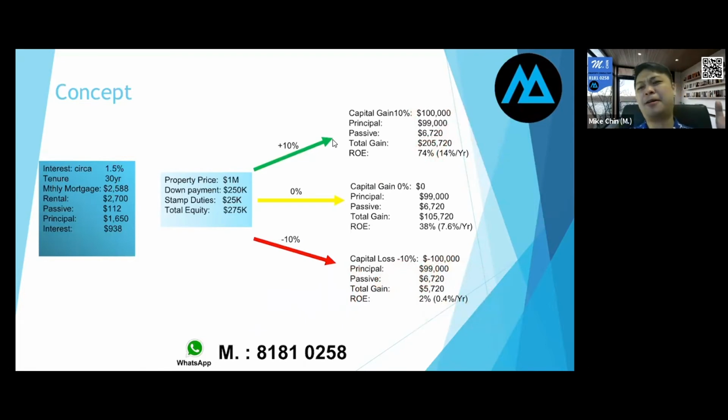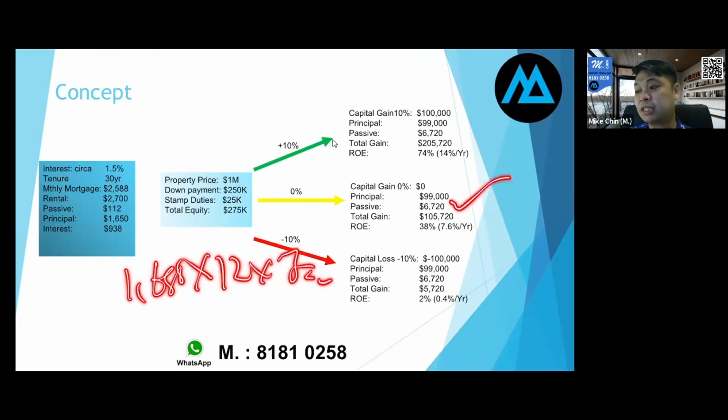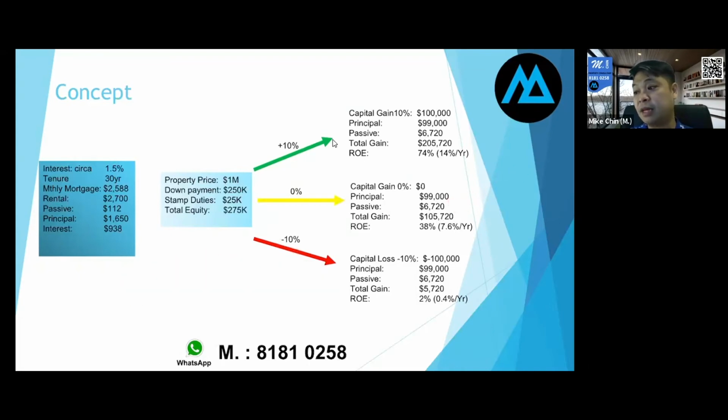Okay, let's say, wow, property doesn't move. The price doesn't move at all. Jialat. Let's say it doesn't move, you buy at 1 million, still at 1 million. Your principal sum of 1,650 is paid by your tenant. So 1,650 times 12 times 5 is about, sorry, about 99K, which is what is above the passive income. I'm not going to repeat.